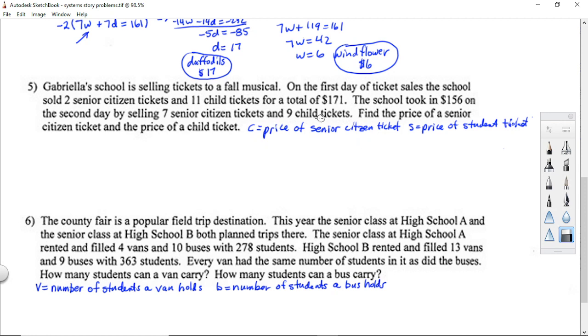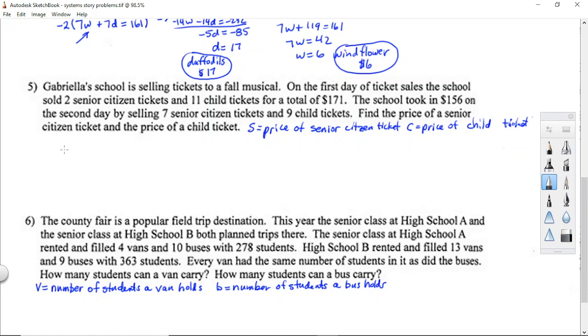We will use C for the child ticket. That works out. C is the price of a child ticket. S is the price of senior citizen ticket. Okay, so we have our variables,